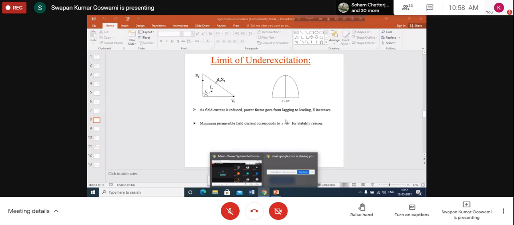Since loads are connected, obviously they are absorbing active power, and at the same time they are absorbing reactive power, because only a few loads will be of unity power factor. Loads will generally be inductive in nature, so they will require reactive power supply from the system. They will draw reactive power, and who will supply this reactive power? Obviously the generators. They are the primary sources. Okay, there are other sources, but they are the primary sources. So they will be supplying reactive power.